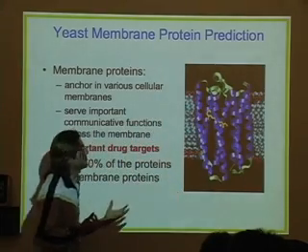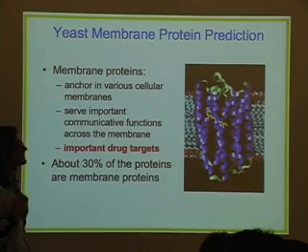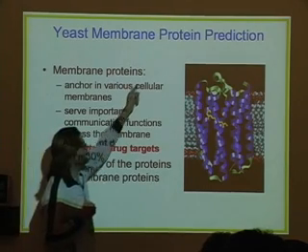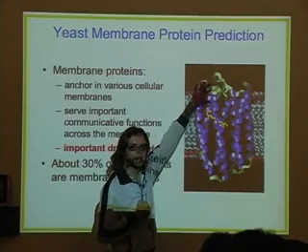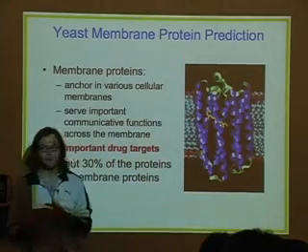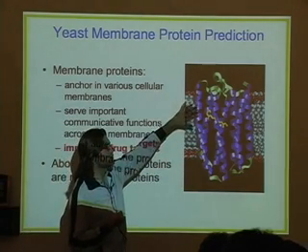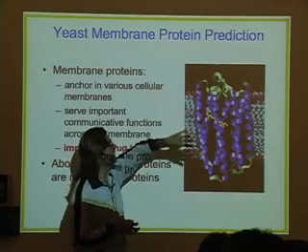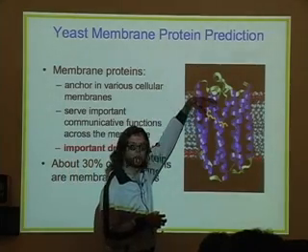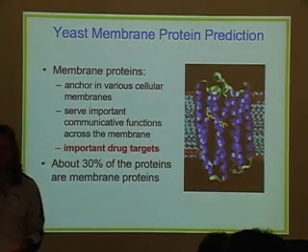And therefore, they're quite important because if I'm a malicious virus and I want to do something wrong inside the cell, I'm never going to get in. But I can get all the way to the messenger here, send in the wrong message, and tell the cell to destruct itself, okay? If I'm a pharmaceutical company and I want to design a drug to prevent that, what I'm going to do is first of all know which proteins are membrane proteins, and then design a drug so that it goes on top here, sits on top, and prevents anything bad from the outside from sending a bad message to the inside.